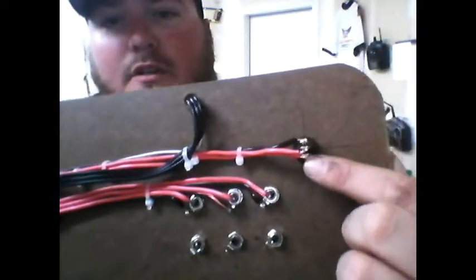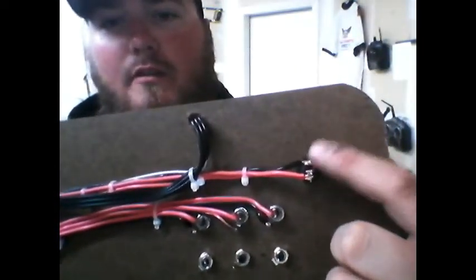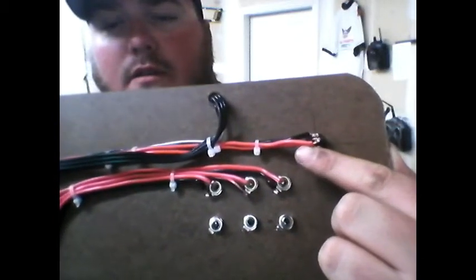And the way this switch works is you have the ground, then you have